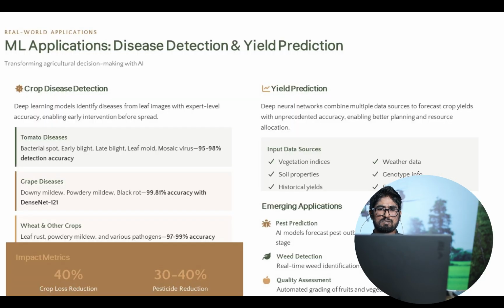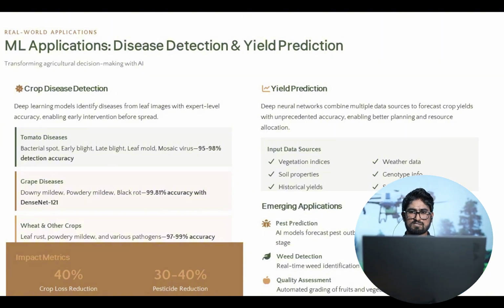We can use machine learning techniques to detect crop disease and also create yield prediction models. Deep neural networks combine multiple data sources to forecast crop yields with unprecedented accuracy, enabling better planning and resource allocation. Here, the input data sources are vegetation indices, weather data, soil properties, genotype information, historical yield data, and satellite images.